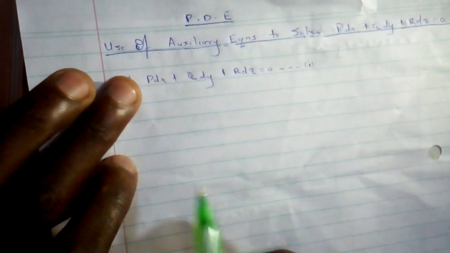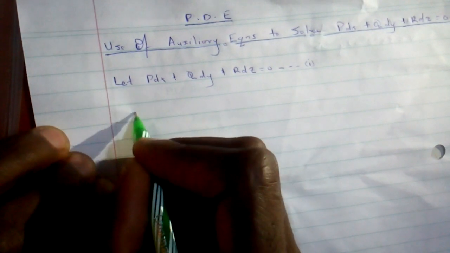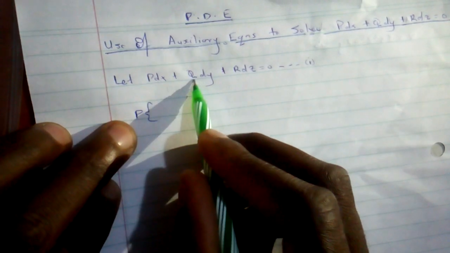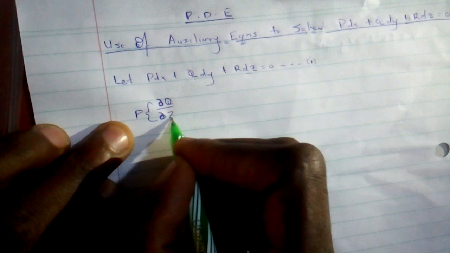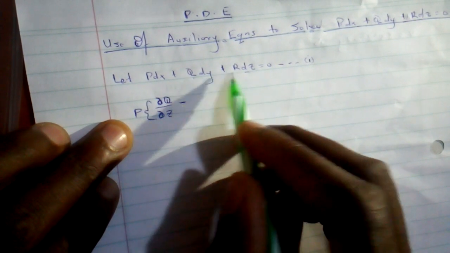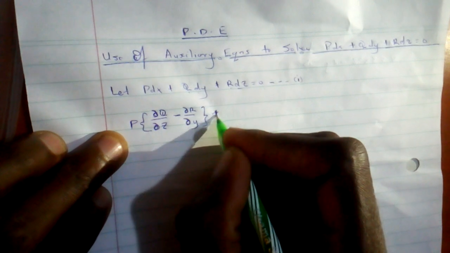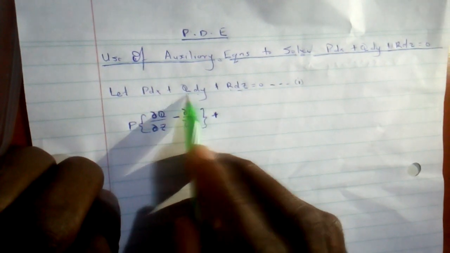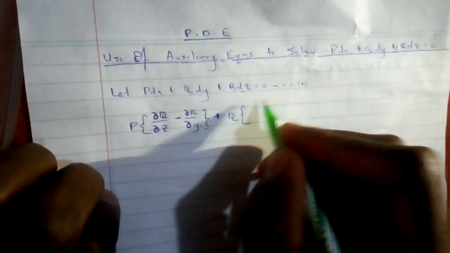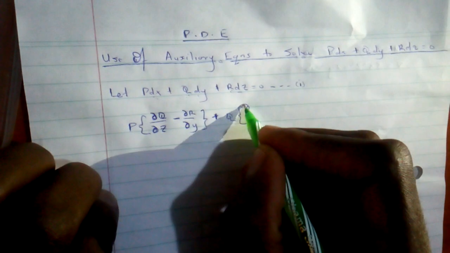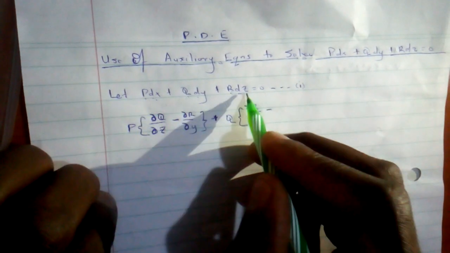We're going to hold P dx, taking the coefficient of x, that is P, and multiply by the partial derivative of Q with respect to Z, minus the partial derivative of R with respect to Y, plus we add Q, and multiply by the partial derivative of R with respect to X, minus the partial derivative of P with respect to Z,